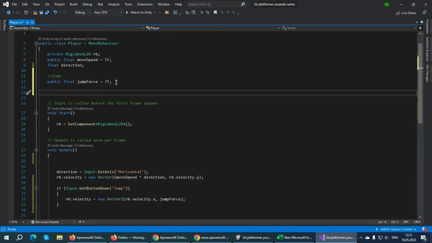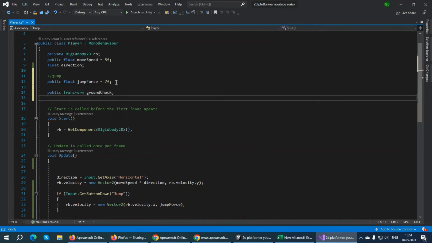Okay, let's create some variables. First of all, we need a variable for ground check. So we can say public, and I will use transform type because I want to access its location. And let's name it ground check. Also, we need some Boolean. Booleans are just returning true or false, and they are very good to check